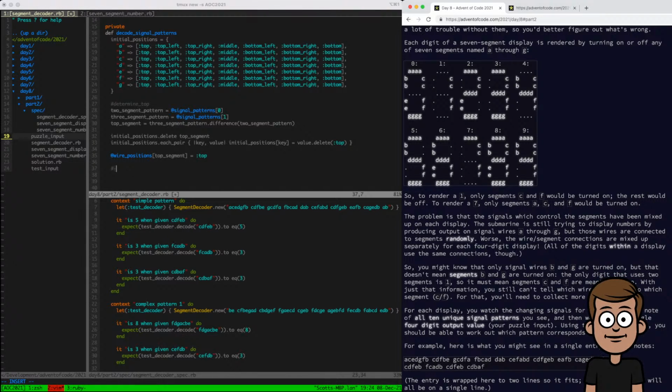And if we do that, then we should be able to find